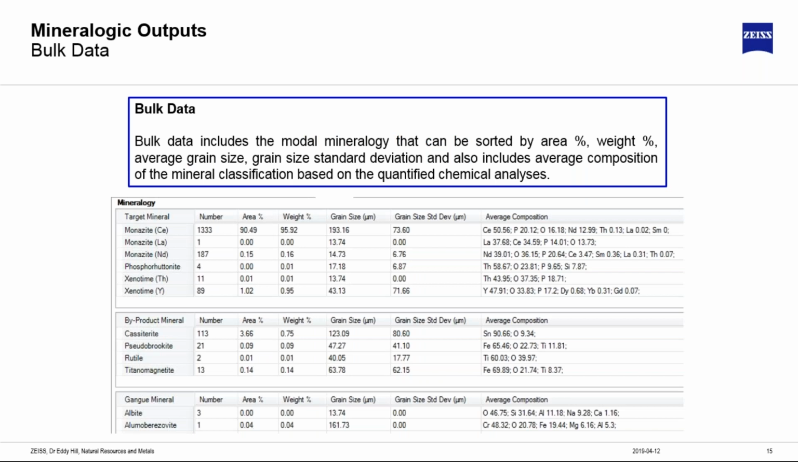So having performed the analysis, we then immediately have some data available at the end of the run. The first table I'm going to describe is the bulk data table. It includes the mode of mineralogy, and this can be sorted by area or weight percent, average grain size. And in the columns, what we have from left to right is number, which is the number of instances of that phase in the sample. The area percent it represents in the sample, the weight percent,